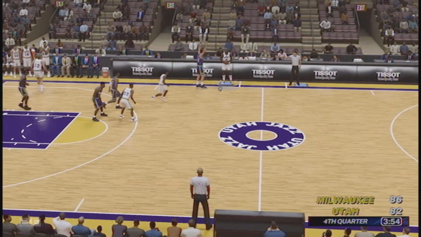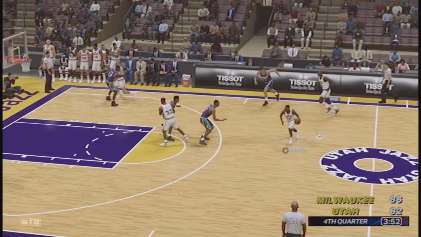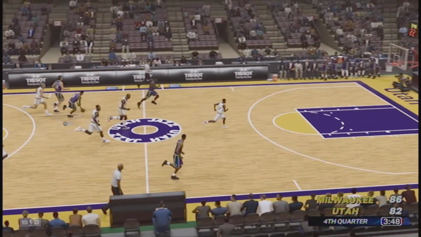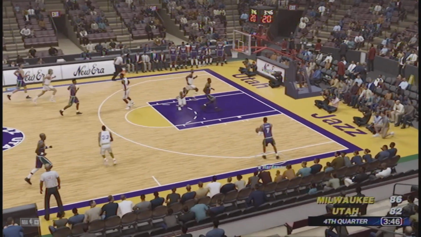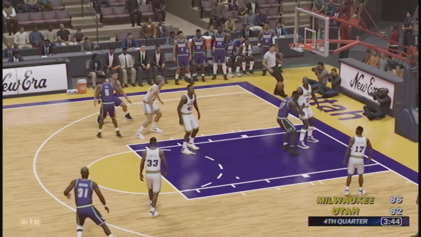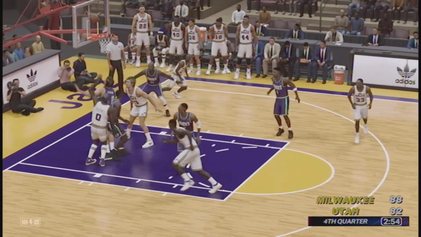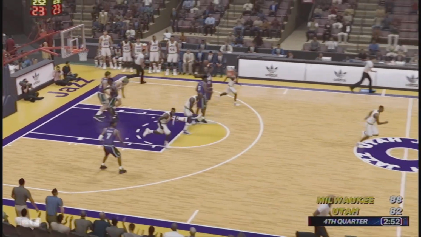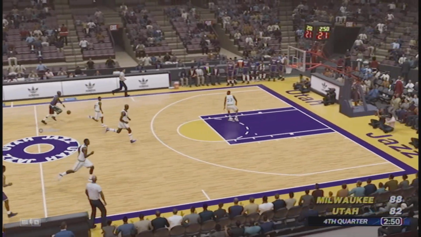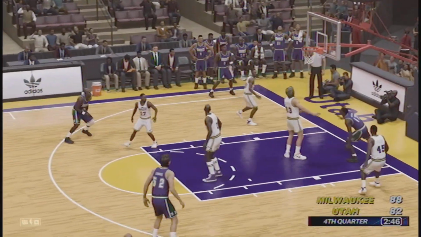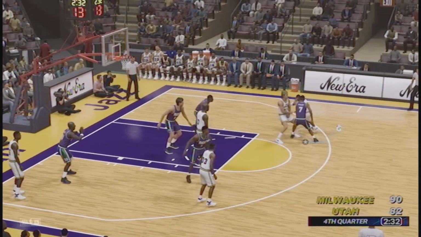Bucks versus Jazz. More Jazz. Can't get enough Jazz. And now I can't get enough Bucks. That's why we're watching this game. We got Penny to Mason there, making a 6-point game in Utah. We got Olden Polonies missing that shot for the Jazz. Bucks in transition are mighty dangerous. And now here's Mason proving my point.